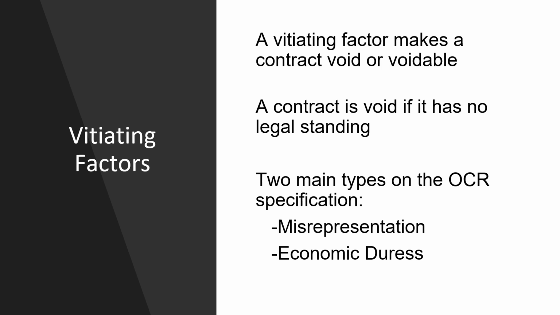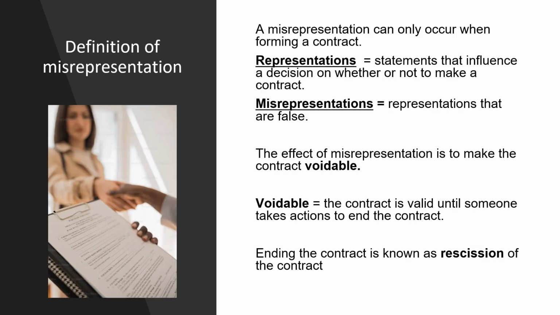So a contract is void if it's got no legal standing in the first place, whereas voidable means that it in principle still stands, but you can take it to court and make an argument that it should be voided. So it's voidable. There are two main types of vitiating factors on the OCR specification. That's misrepresentation and economic duress. This presentation is going to cover just misrepresentation. So a misrepresentation can only occur when a contract's being formed, essentially, and you need to know the difference